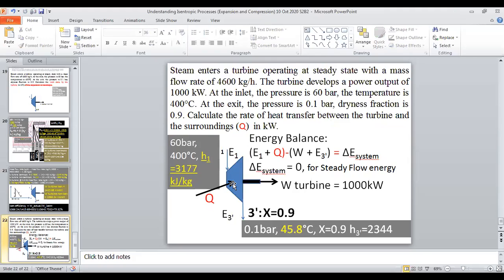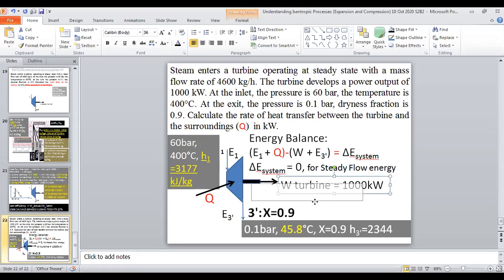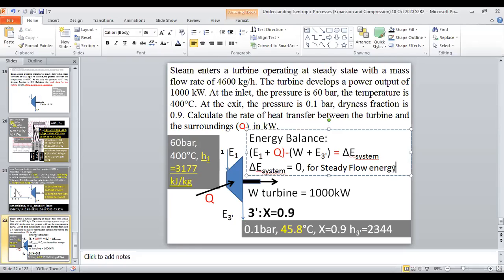So this Q, I consider in this direction. Of course, Q can be a negative answer. Understand? Q can be a negative answer. So delta E of the system is 0 for steady flow energy. Then, with this assumption, we can say,